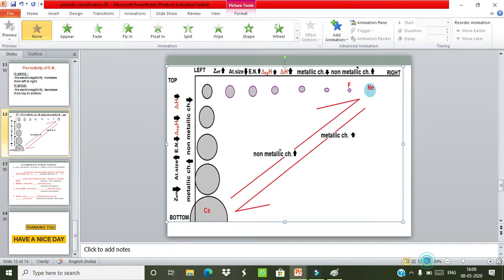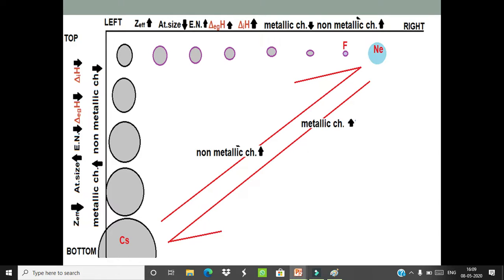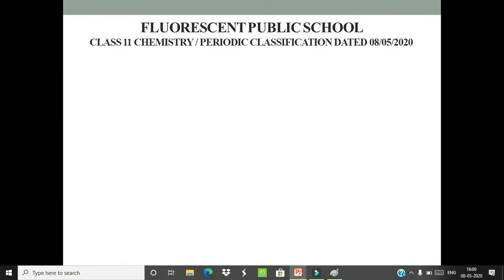So you have to draw this periodic trend in your notebook as such. I repeat again, I will never explain these topics again in your academic session, so you have to note them from these slides as such. I will discuss only the question-answers which are problematic. You have to complete these notes along with the date in your notebook also. And I want to remind you again that worksheet questions can also come in your unit test.